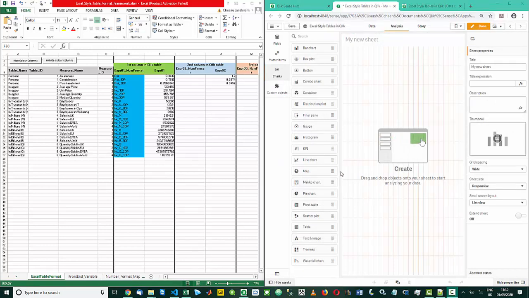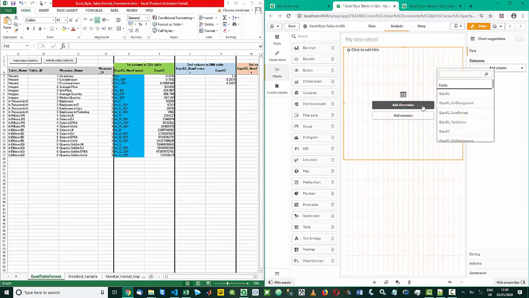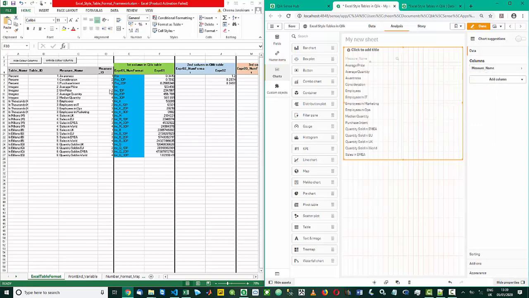I'm going to now create a table in the front end in Qlik, and I'm going to put in the measure name as the dim. And you'll be able to see when I get that done that this measure name is exactly what I see in here. Now what I'm going to do is add in an expression for referencing the first